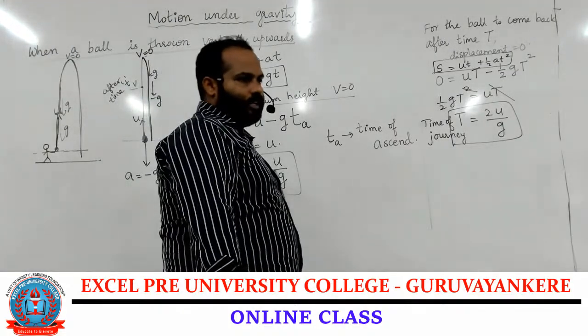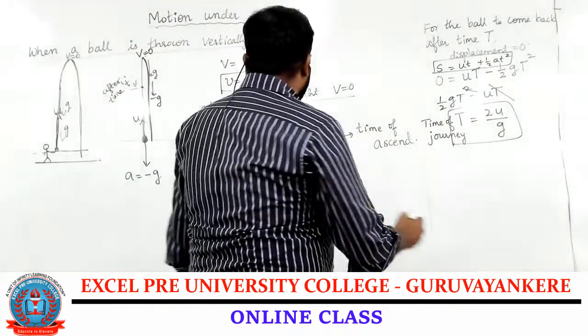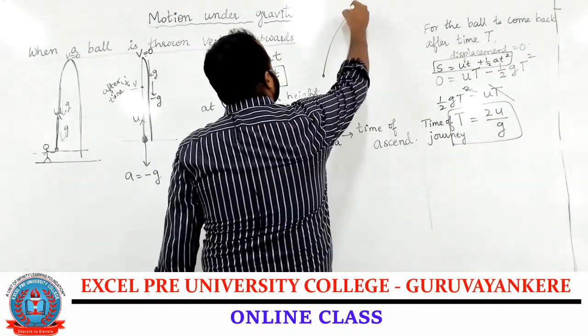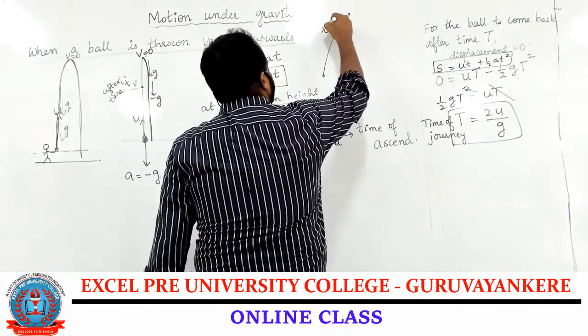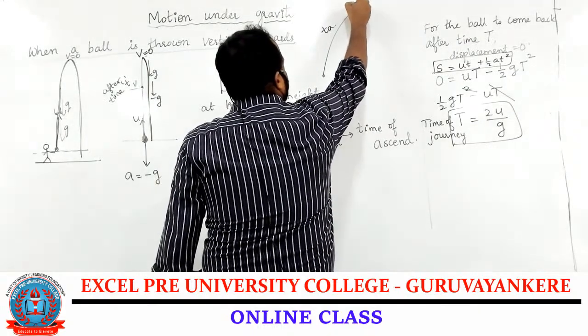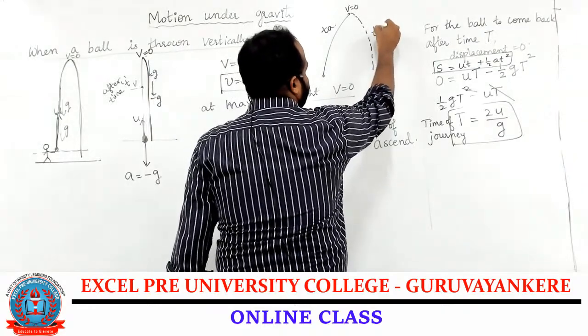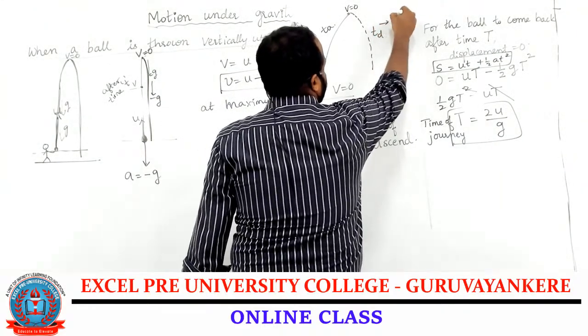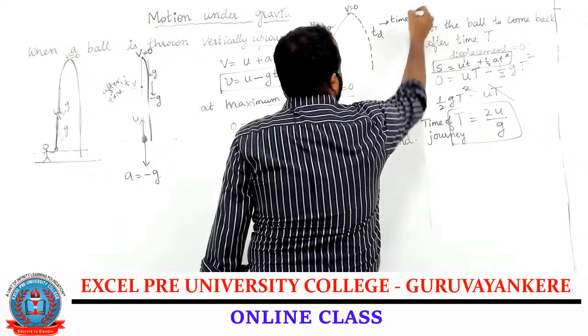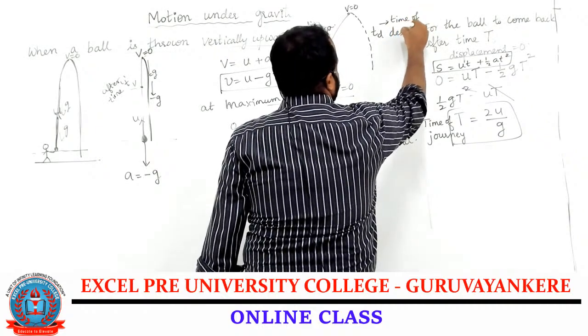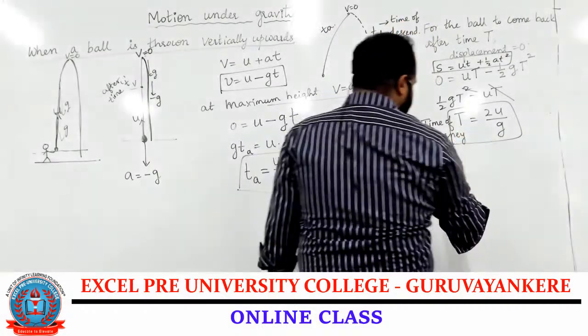Time of journey of the ball. That means the time to reach maximum height is time of ascent. Here velocity becomes zero. Then the downward journey is called TD. TD means it is time of descent. So also